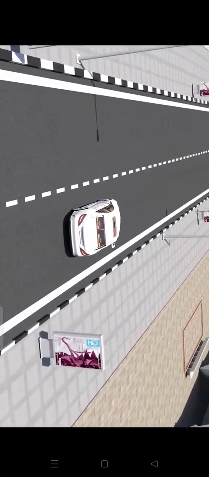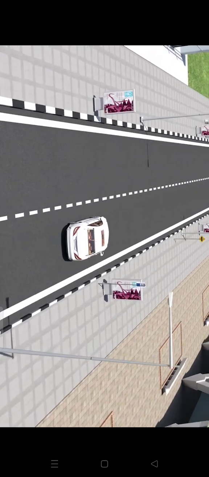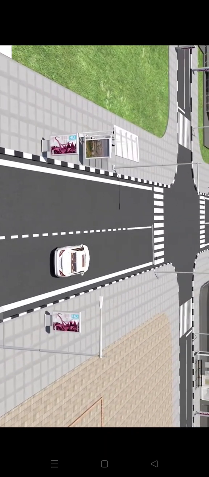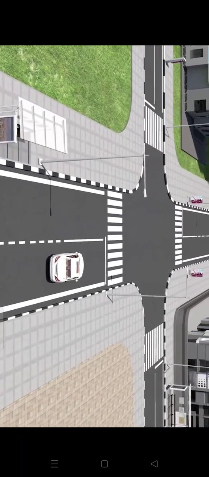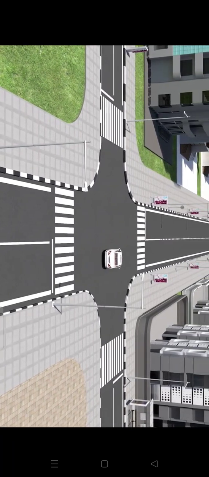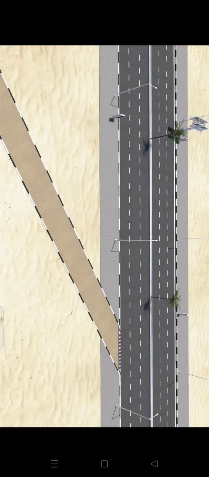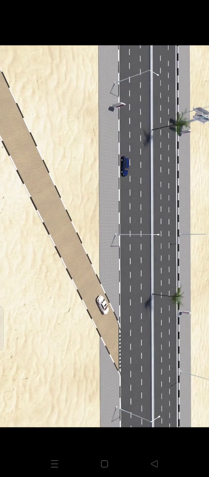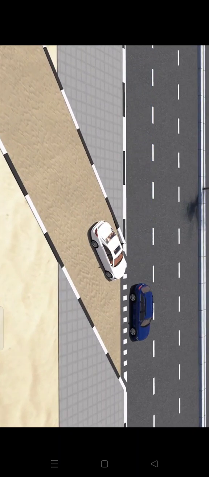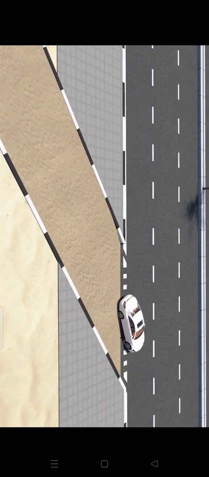Rule 1. Priority of passing an equal right crossroads that have no signals, signs, or markings that determine the priority is given to vehicles coming from the left side, the blue vehicle. Rule 2. Priority of passing in the case of the intersection of two roads, one that is paved and the other unpaved, is given to the vehicle coming from the paved road, the blue vehicle.